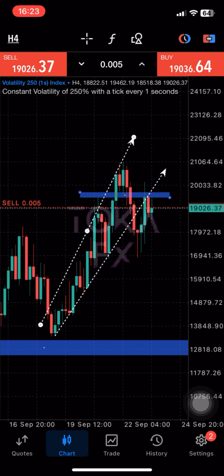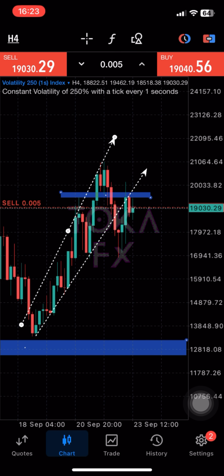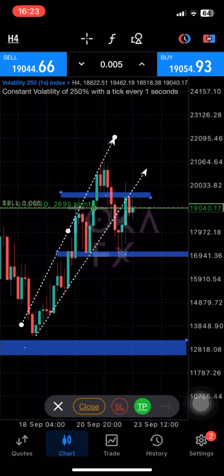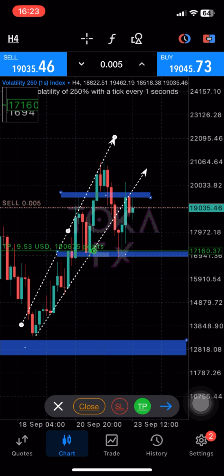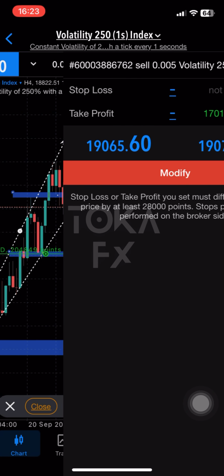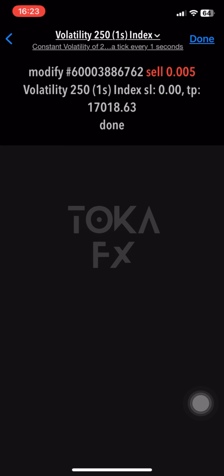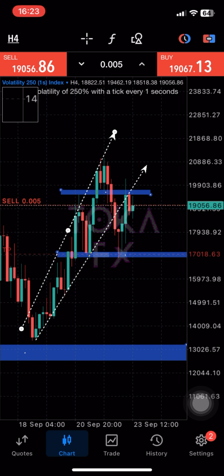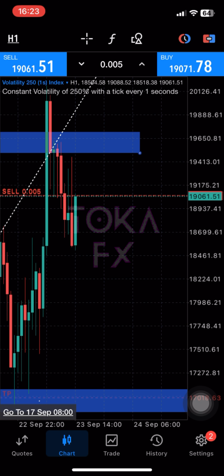It's going to drop. It has to, because it can't just go up from that point. So first go down. Our target will be down there at that level, and then we'll put our TP there. And I'm pretty sure we're even going to close before it reaches that level,